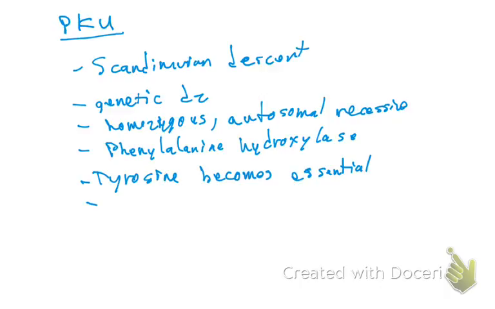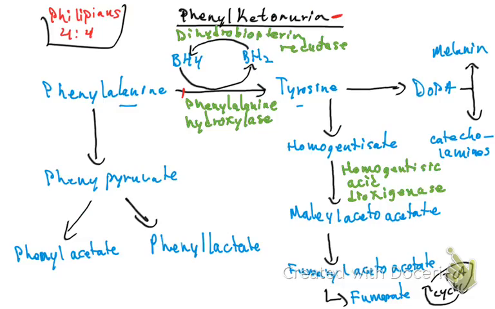Okay, now the excess of phenylalanine inhibits tyrosinase. Because if you cannot convert phenylalanine to tyrosine, that means that phenylalanine becomes high, and if phenylalanine becomes high,